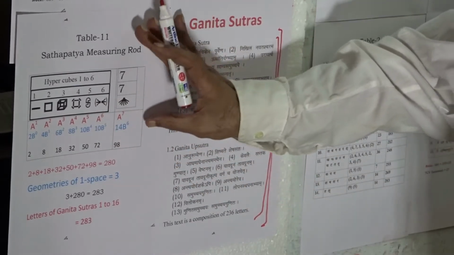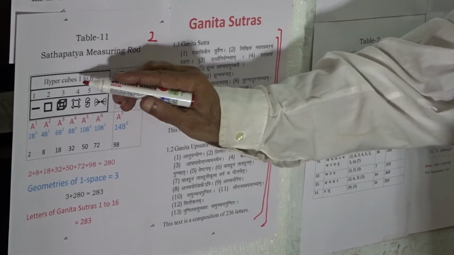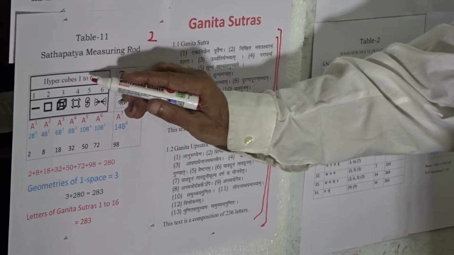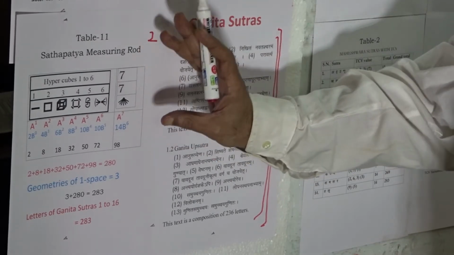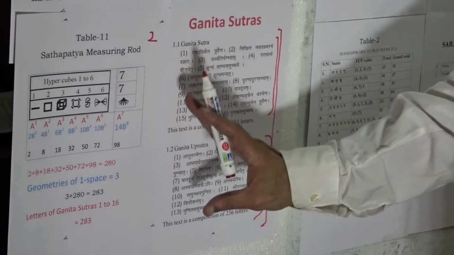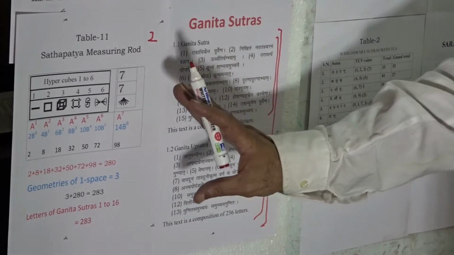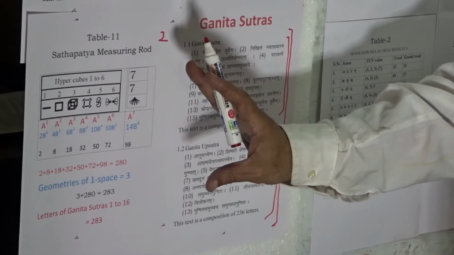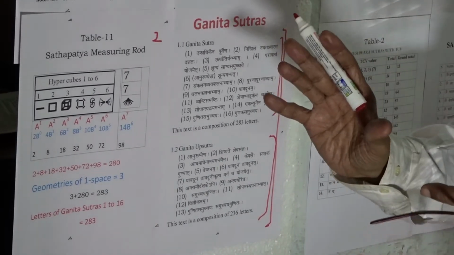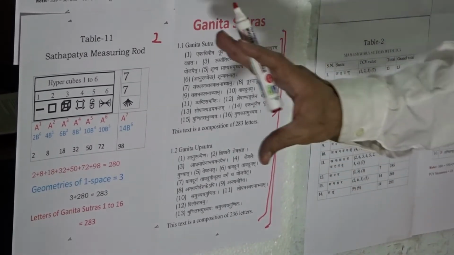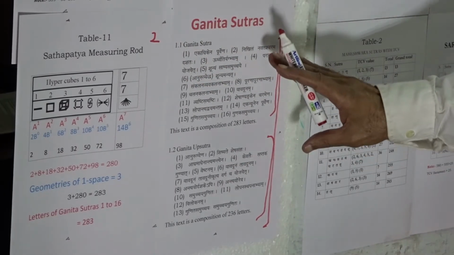Now, this organization of fourfold manifestation layers as hypercubes 1 to 6, as these are together, lead us to certain values and features, and then we have to assess, evaluate by comparison of the same with the values and features